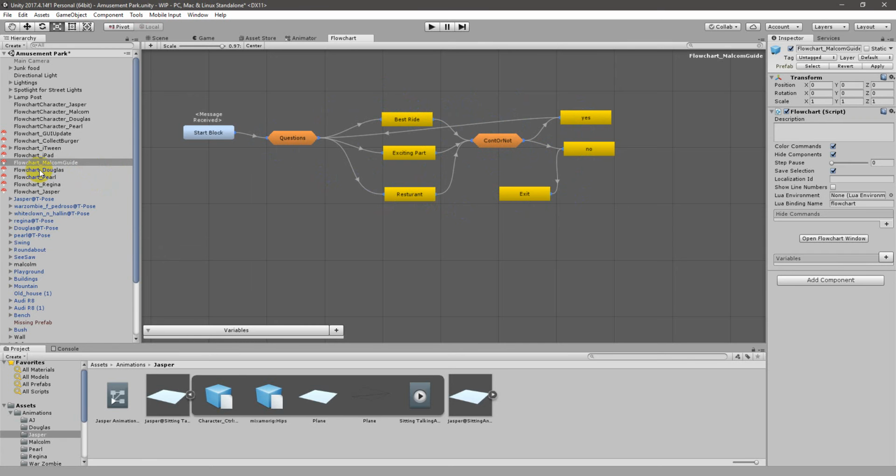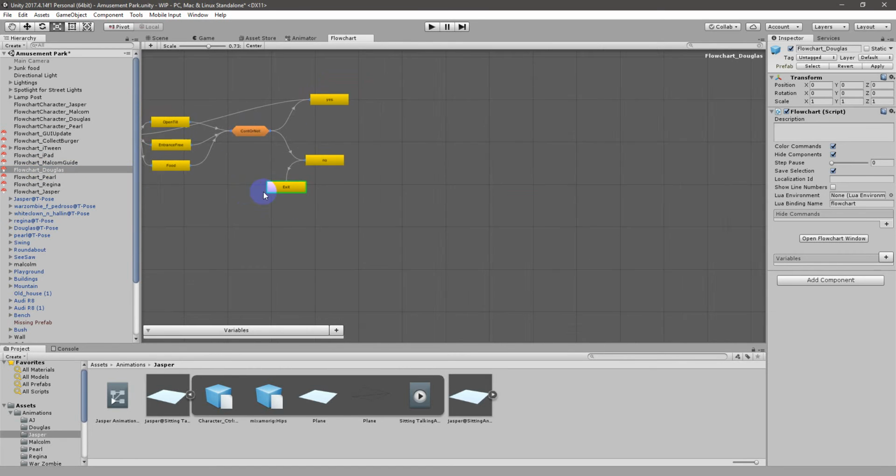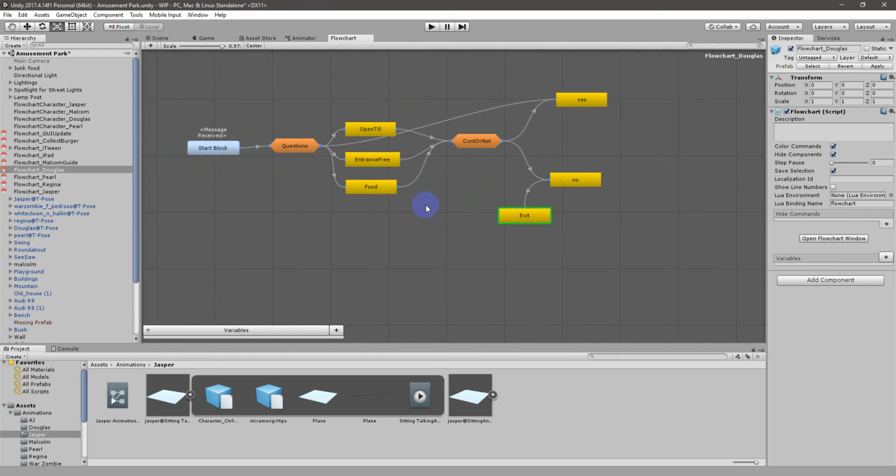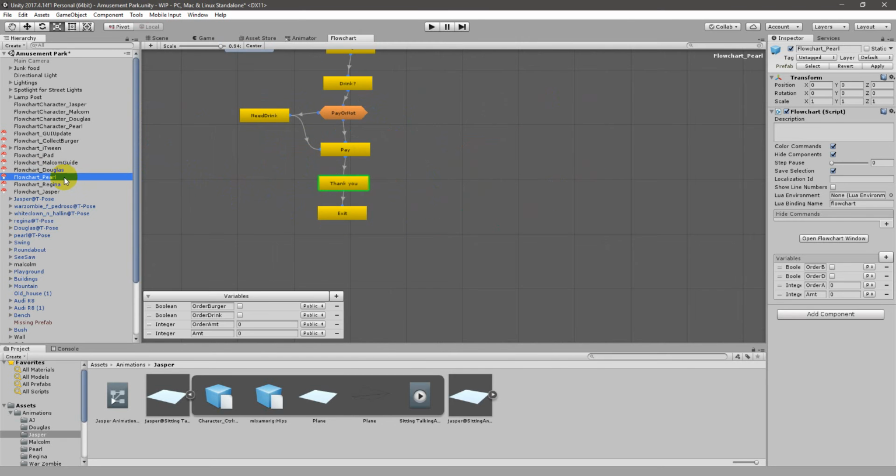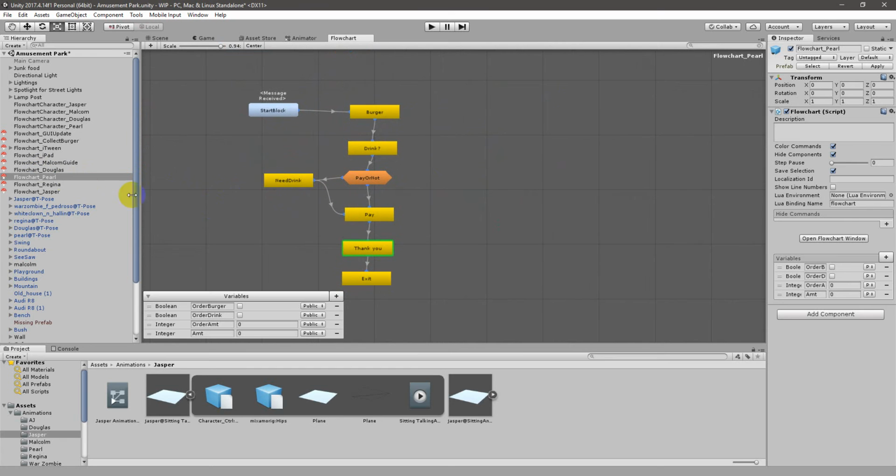The next flowchart is the security guard's flowchart, which also has some unique questions asked to the security guard. The next flowchart is from the cashier,